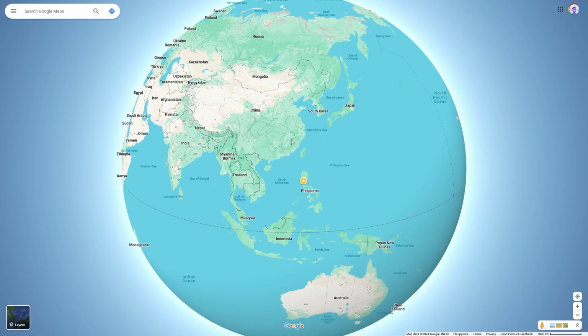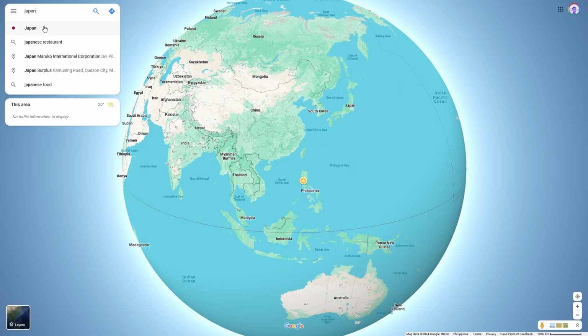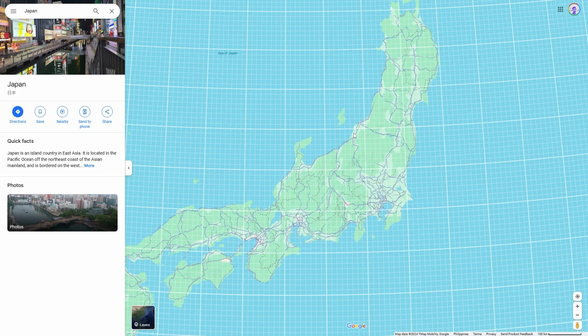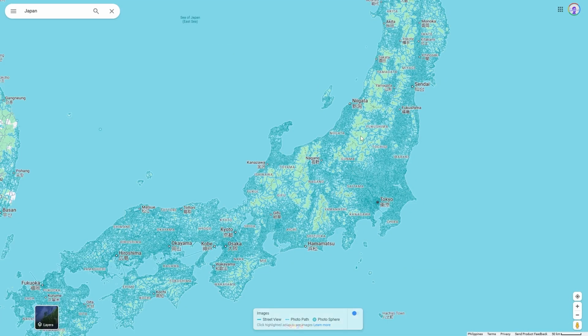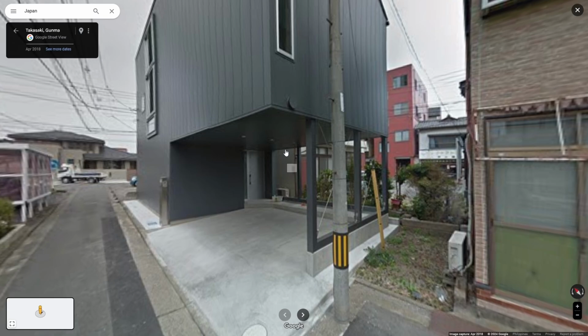The first thing we need to do is to find the building or any structure that we're going to use as a reference for our 3D model. You can find a reference anywhere you want, but I personally like to use Google Street View since I can easily see all the sides of the building. And since this is about anime, there is no better place to find a reference other than Japan. So I'm gonna drop this little icon of a man anywhere here, and yeah, let's explore this place.